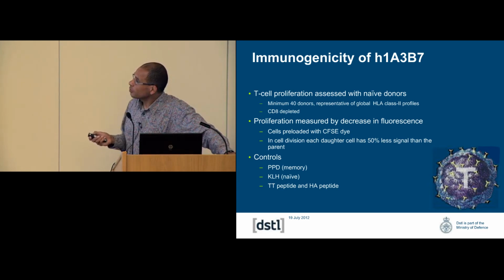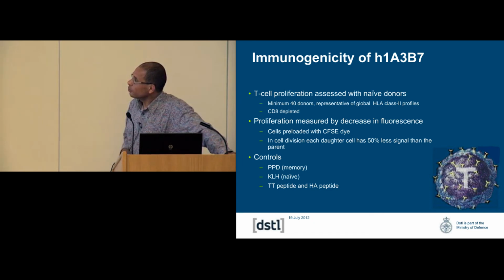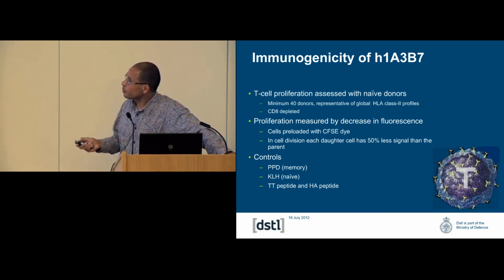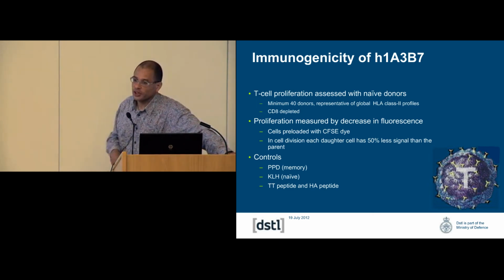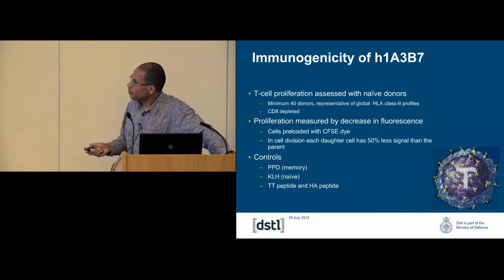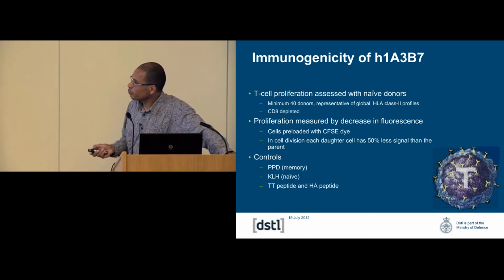The cells they used were CD8 depleted, a minimum of 40 donors representative of the global human HLA class II profile. Proliferation of the CD4 T cells is measured by the decrease in fluorescence because they're preloaded with the carboxyfluorescein dye. So in each cell division, each daughter cell gets approximately half of the original dye, and you can see that fluorescence signal depleting. The controls included purified protein derivative of Mycobacterium tuberculosis for a memory response and keyhole limpet hemocyanin to control for